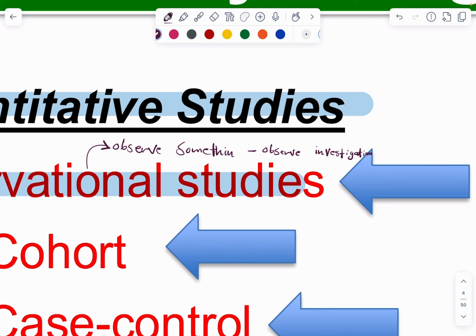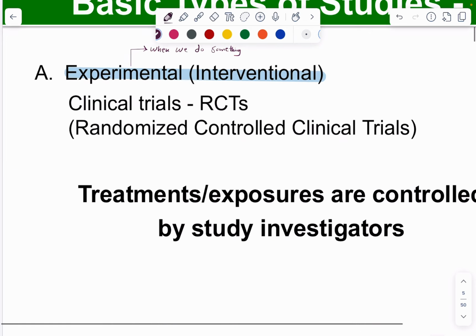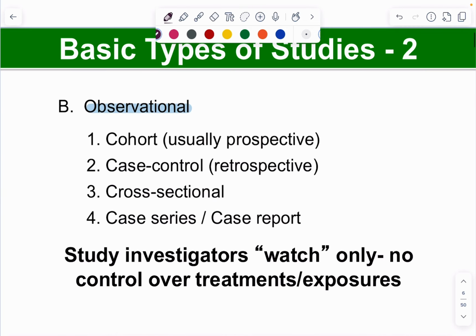So the cohort study, and the other name of this cohort study is prospective study. Whenever prospective study is written, you have to understand that this is the same as the cohort study. There is no other possibility. Then we have the retrospective study,